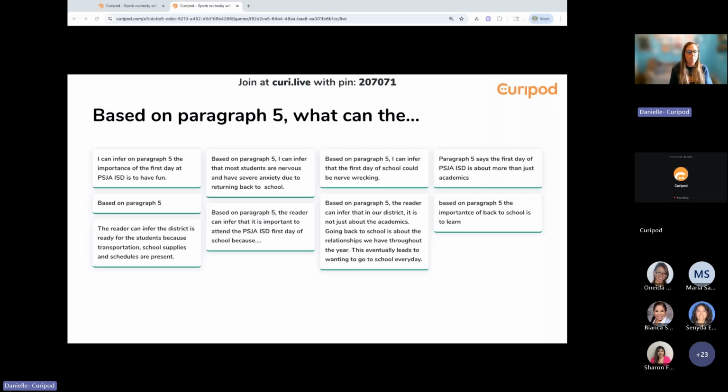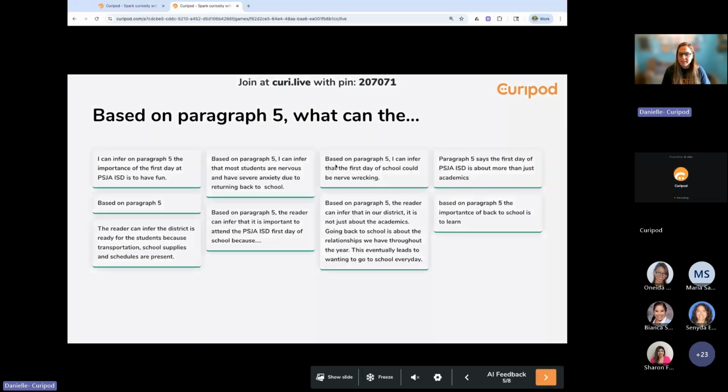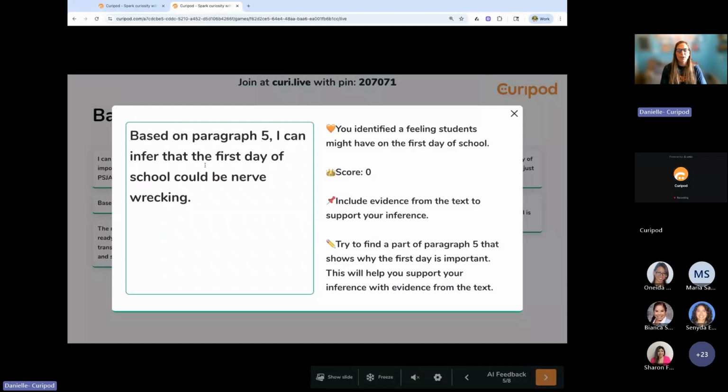So it's just a really amazing opportunity for students to work together, but also have that individualized experience. So I'm going to click on one of these. Based on paragraph 5, I can infer that the first day of school could be nerve-wracking. So got a 0. Include evidence from the text to support your inference. Try to find a part of paragraph 5 that shows why the first day is important. This will help you support your inference with evidence from the text. So she did not, or he did not, put the evidence from the text, and so that would be your